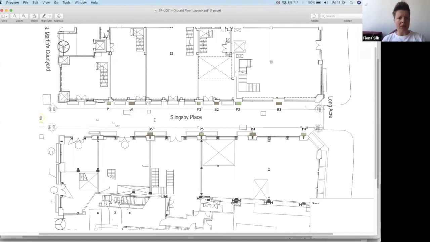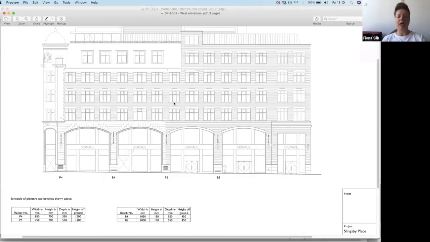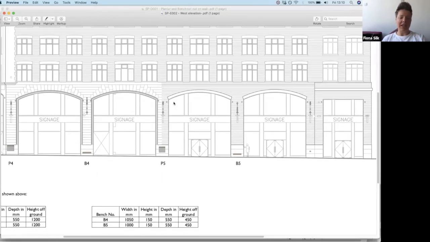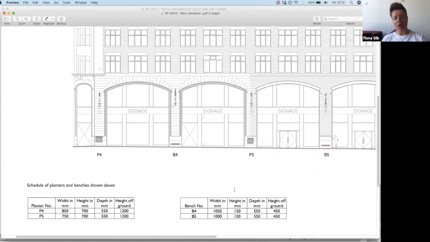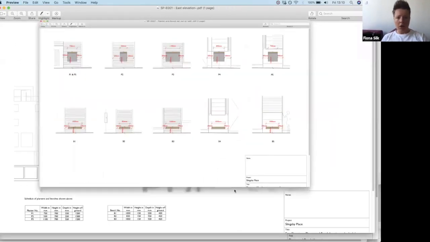So yeah, that's basically the DWG showing where they are in plan, showing where they are in elevations. There's a key giving the bench numbers, the width, and the planter numbers, the width, the height, the depth, all that kind of stuff. So yeah,